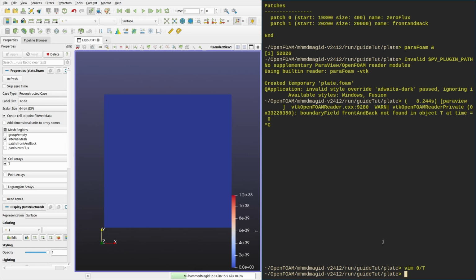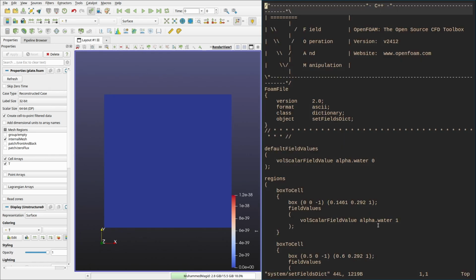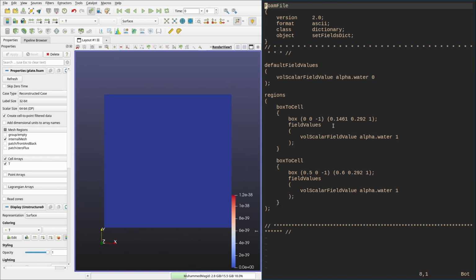What we want to do now is use setFields to define a non-uniform temperature field. We need 400 Kelvin at the center of the plate and 300 Kelvin everywhere else. Now we modify setFieldsDict to achieve this. Now let's go ahead and modify the setFieldsDict file to fit our